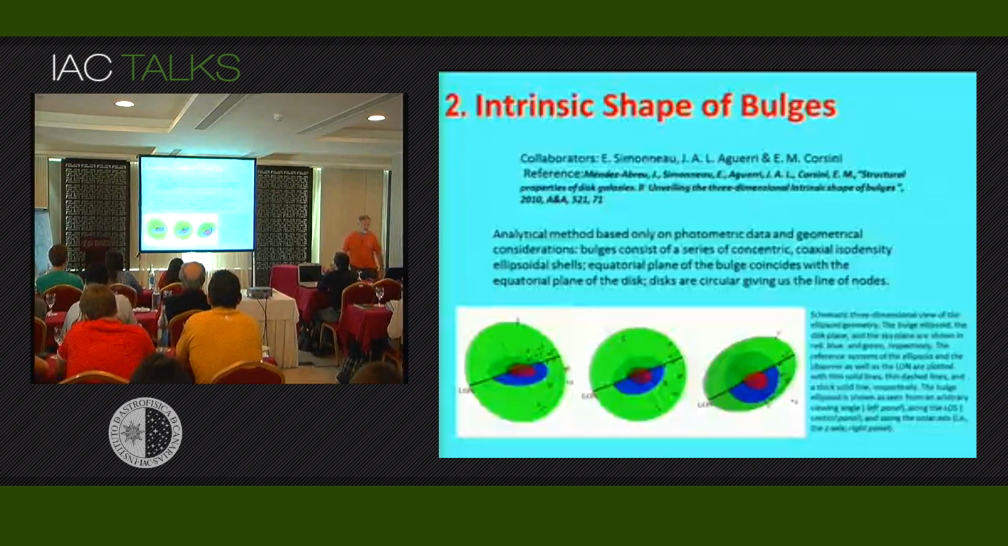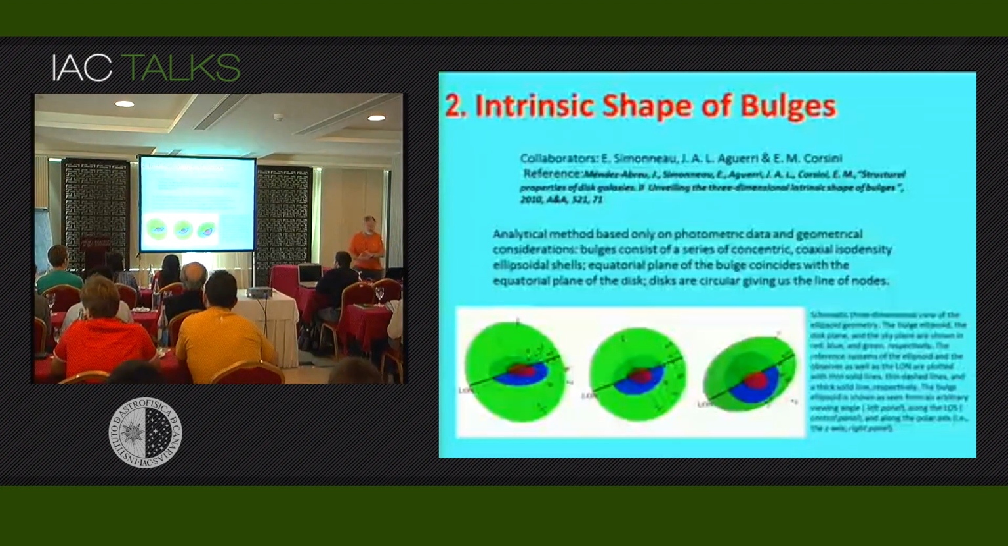They also work on the intrinsic shape of bulges, and this is an analytical approach, because Simoneau is an analytical theorist, to try to use two-dimensional information about the shapes of bulges to infer the three-dimensional structure of bulges. Obviously, you have to make reasonable suppositions. And I must say that they are using suppositions about